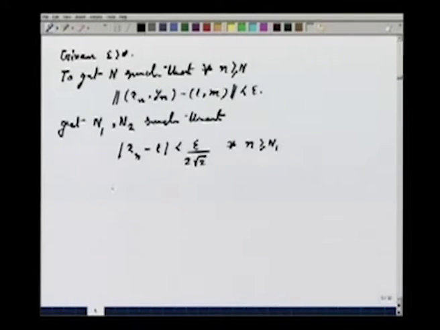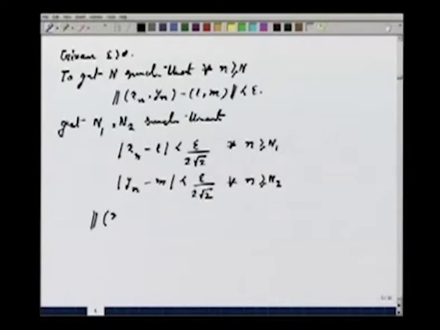Okay, and |yn minus M| is less than epsilon by 2 root 2 for all n bigger than or equal to n2. That means here instead of epsilon, I am using epsilon by 2 root 2 in the definition of convergence